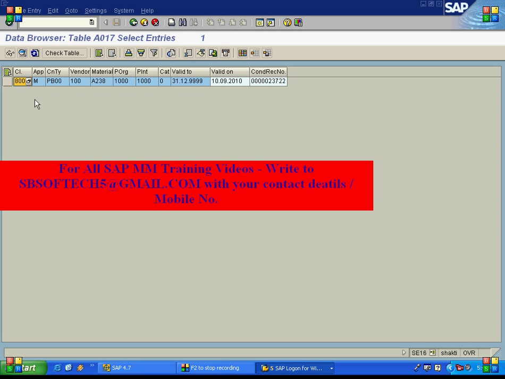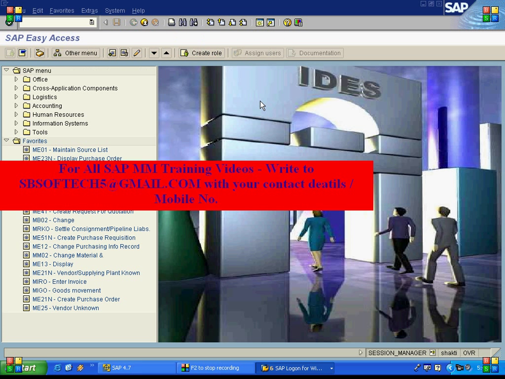Okay, so this is that specific entry, and your actual price of 10 euro per piece is not stored in this table, but it will have only one condition record number. With this condition record number we will go to table KONP or KONV, and there it will store the actual condition. So I copy this number by right click here and create another session, again SE16,